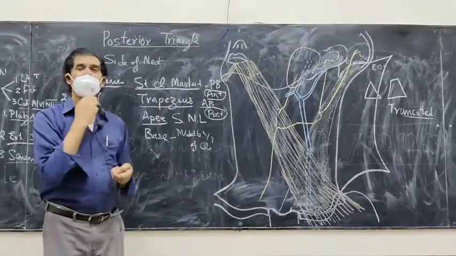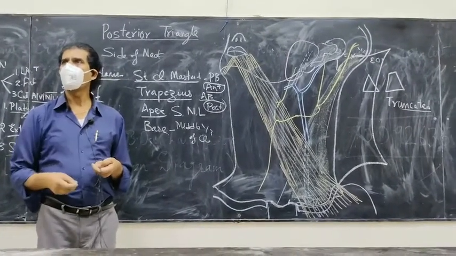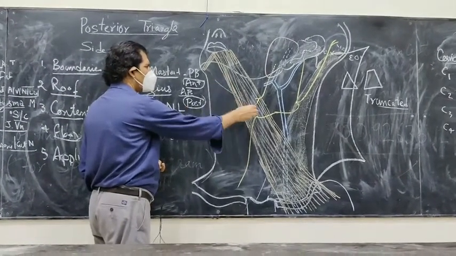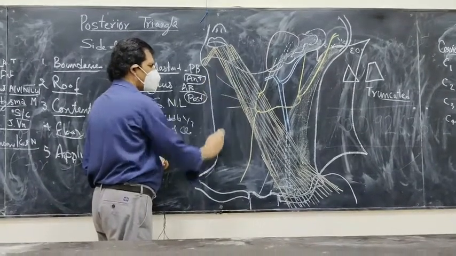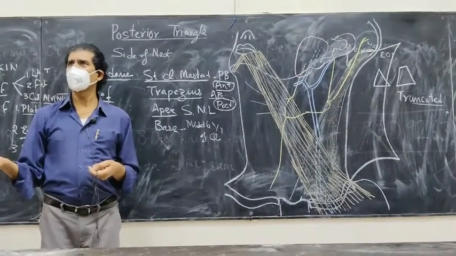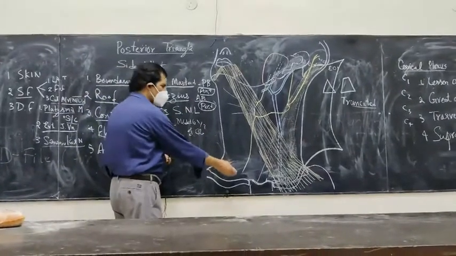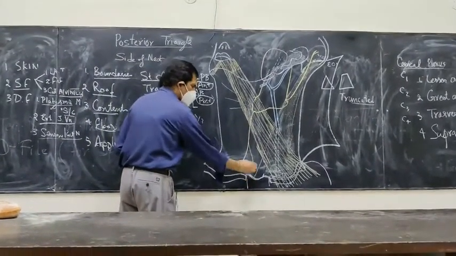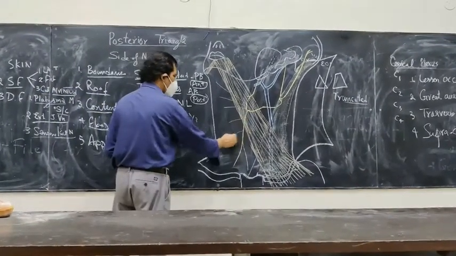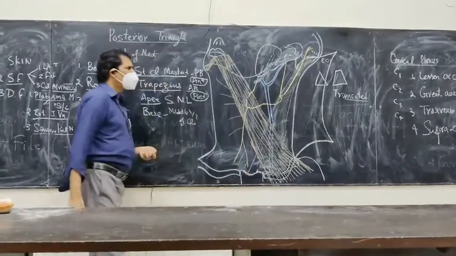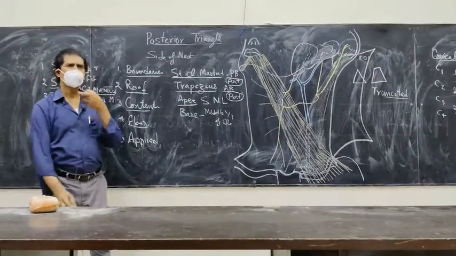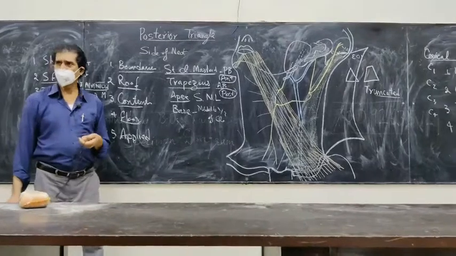The ascending branch will communicate with the cervical branch of the facial nerve. And then, after the branches arise, it supplies the skin of the anterior triangle. Whether it is cutaneous, it is sensory, S for S, that supplies skin. Similarly, the descending branch goes up to the sternal notch, and it will also supply the skin of the anterior triangle up to the sternal notch. So this is how you have to write down the starting and the termination of every nerve whenever it comes. The course of the nerve is very important.